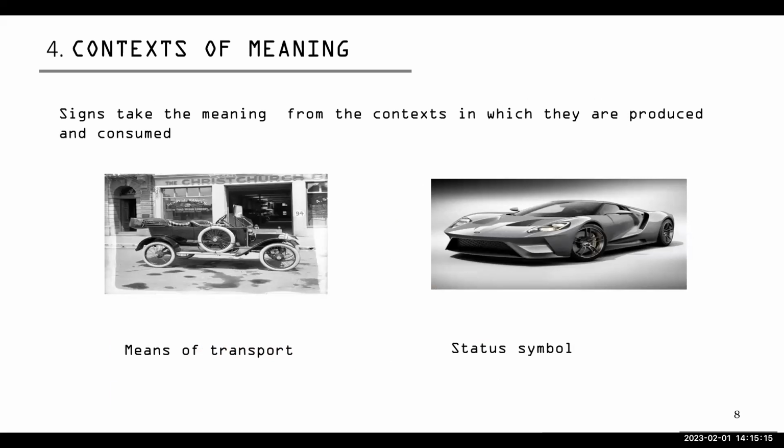And context of meaning, now that is really very important, the context, because the context around the object is what gives the meaning. So for instance, earlier when the car was invented, it was just a means of transport. It was a means of transport to go from point A to point B. And how that simple product became a symbol of status. It became a symbol of royalty, of wealth,